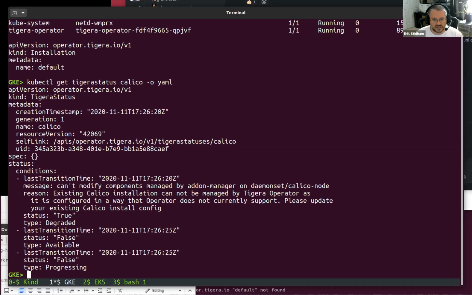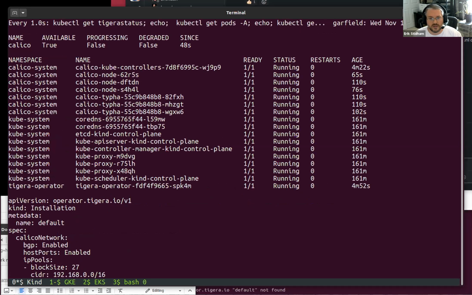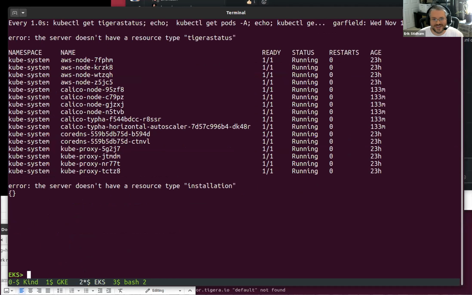So let's jump back to the kind cluster. You can see things have deployed now. Our installation is still there. I'm not going to go through it. We could go look at Calico node and see that the right fields are set, but let's just assume the operator's doing its correct job of translating the installation to the correct install, unless somebody is really interested in getting into that.